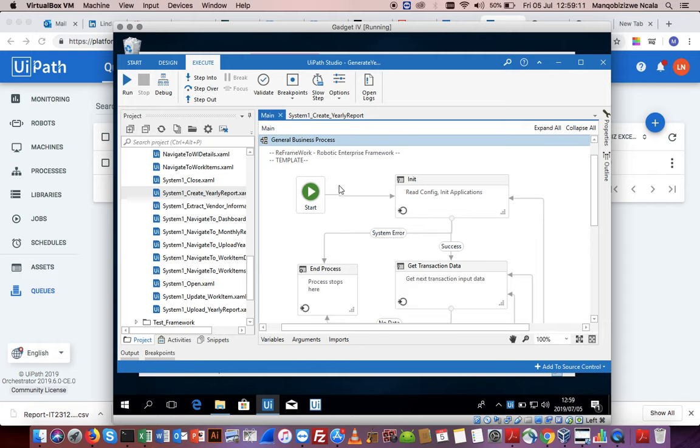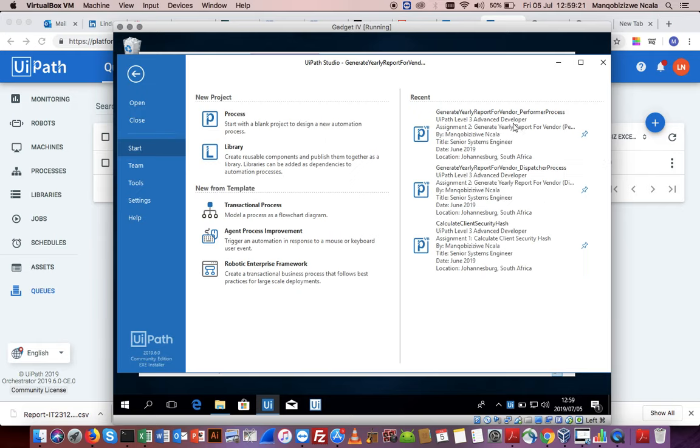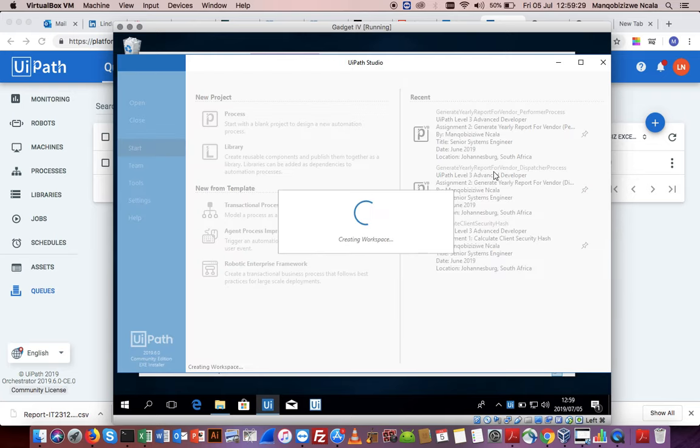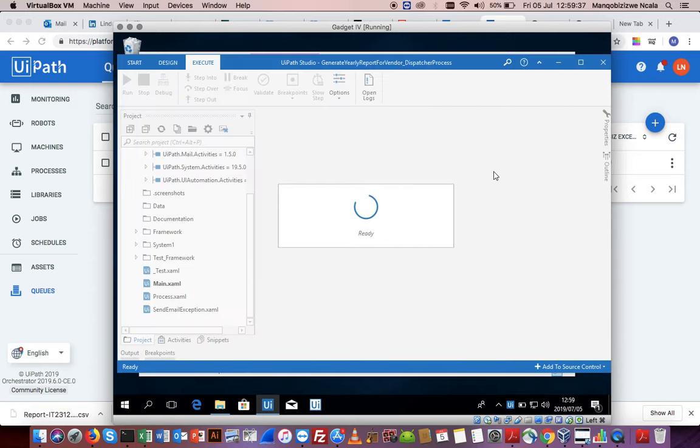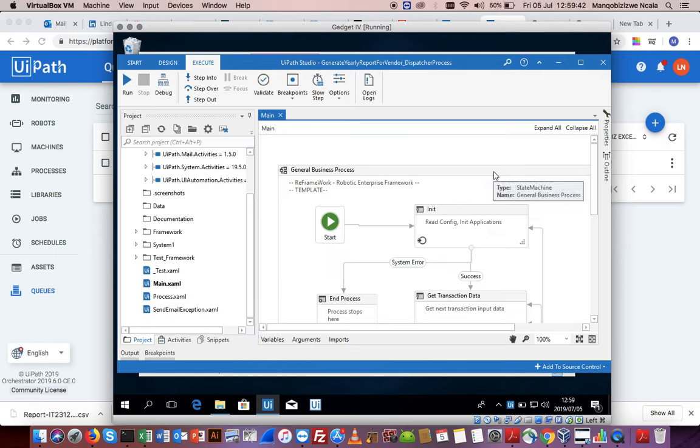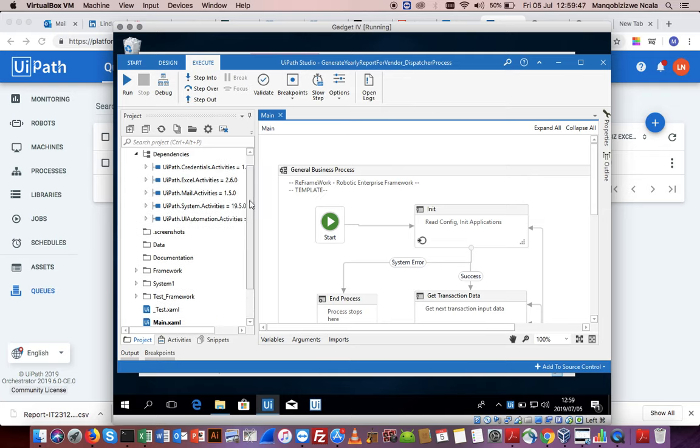On the workflows, particularly on the dispatcher process, I've specifically defined it to use the Chrome browser, and I'll tell you why. Here's my dispatcher process. It's not a modification that you need to make if you've got Chrome installed on your machine. So basically this is a plug and play solution, but I just want to explain that in the dispatcher process I used the browser type Chrome